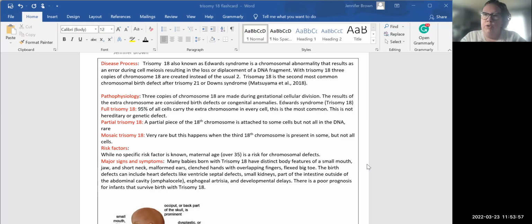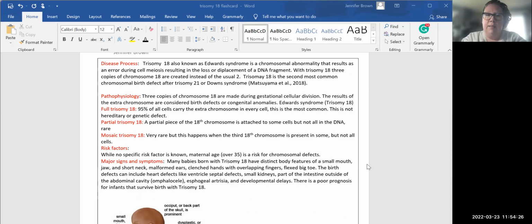Then there's partial trisomy 18, where a partial piece of the 18th chromosome is attached to some cells, but not all of the cells in the DNA. This is considered a rare diagnosis. And then there's mosaic trisomy 18, which is the rarest of the 3, and it happens when the third 18th chromosome is present in some, but not all of the cells, meaning less